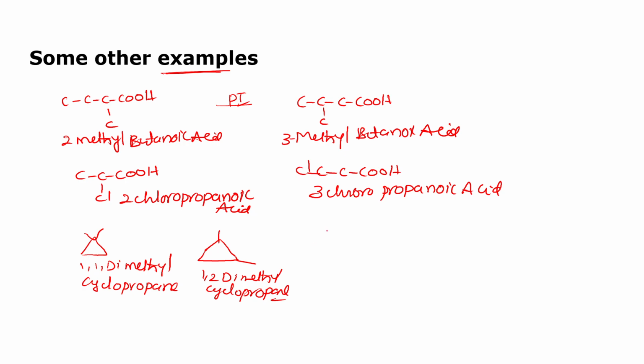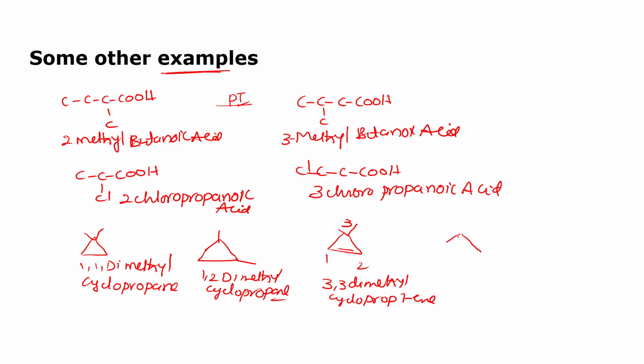So if you take cyclopropene, I would like to take a cyclopropene with dimethyl. How can I write this one? So this one is 1, 2, 3. So here 3,3 dimethyl cyclopropene, that is 3,3 dimethyl cycloprop-1-ene.